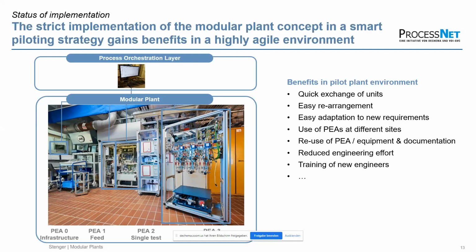So it's really like plug and produce, and it's an easy rearrangement, and it brings benefit to the whole lab and to the efficiency of doing our R&D work and development work. But this is